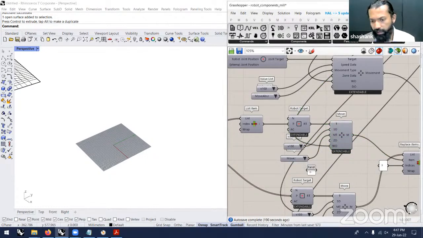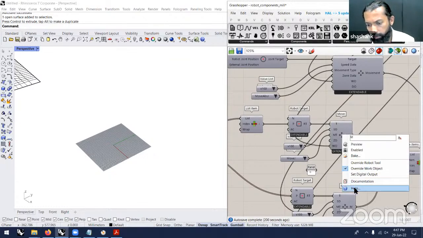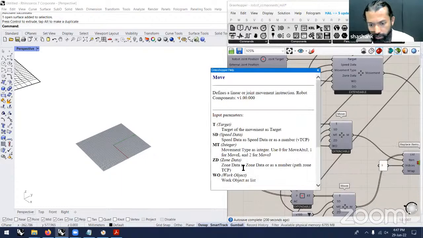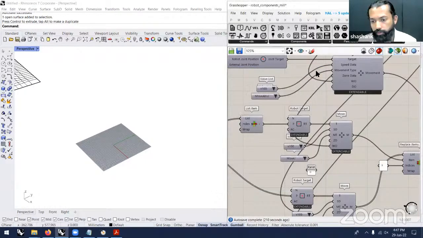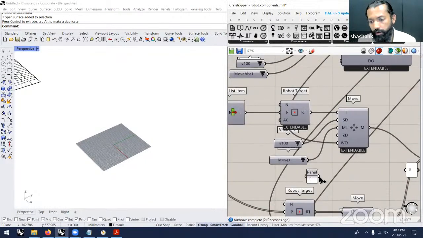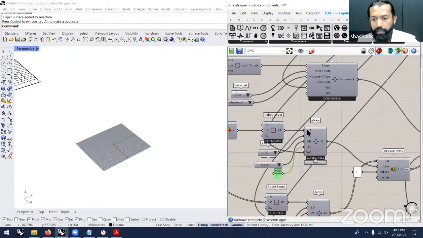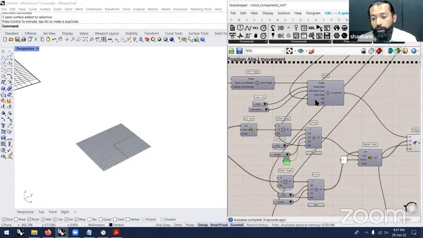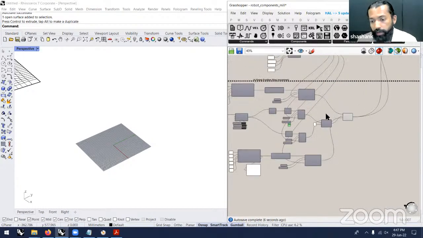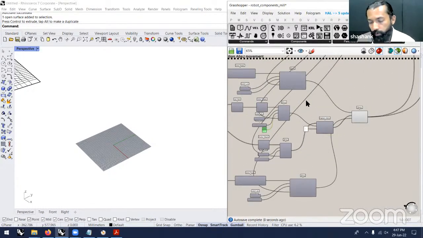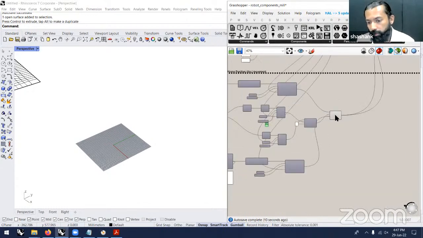Or I think I'm supposed to give a numerical value into it. I'm just going to check what it is. Zone data, path zone TCP. Oh, zone data or as a number. So I'm just going to give it a numerical value of zone 0. And yes, that is perfectly fine. Once that is set, you can just feed them into the components and merge them